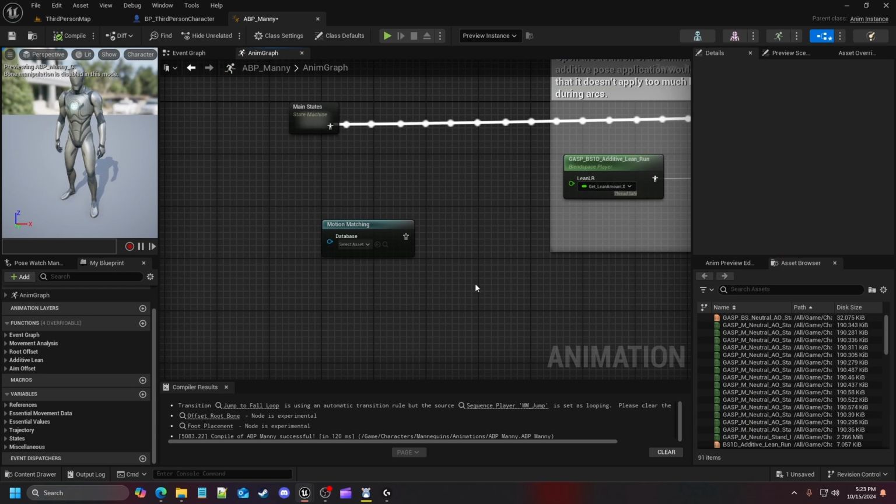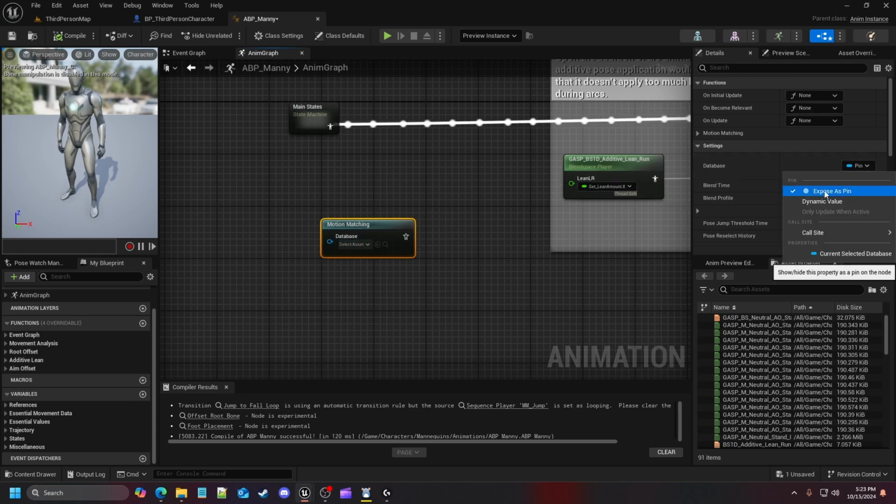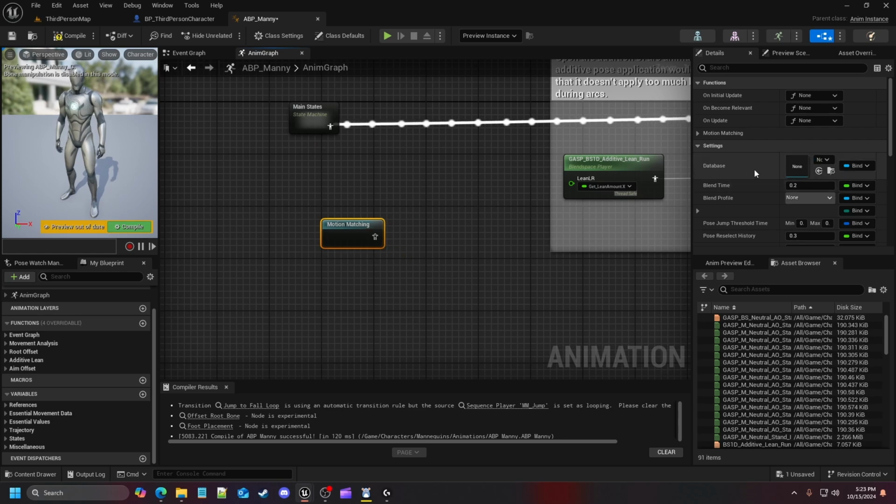So now that we got that out of the way, let me go ahead and put that back over and we can get started doing this. First thing we want to do is, within our motion matching node, uncheck the database as a pin, because we don't want to set a database; we want to remove it from being a pin, because it's going to go through its